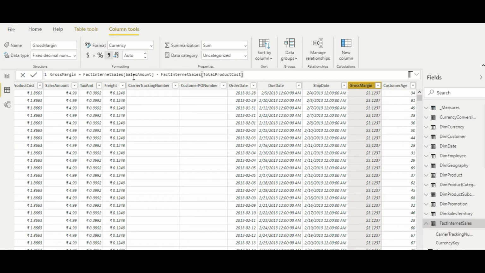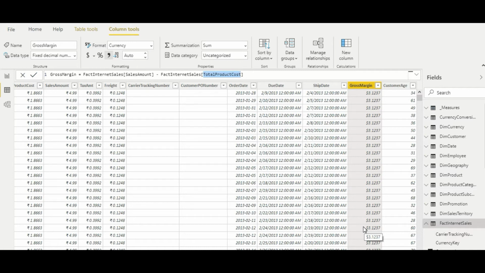It took the value of sales amount and total product cost for this row and calculated, and similarly for all the rows. So friends, this is how row context calculates the value in a calculated column. And you must remember one very important thing here: whenever you create a calculated column, the values are calculated at the data refresh time.